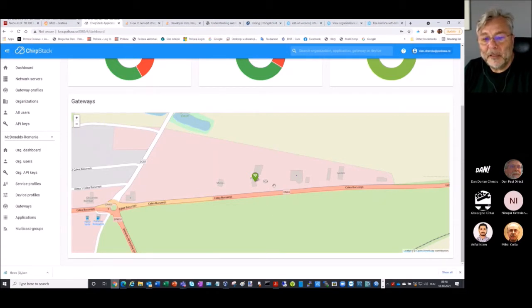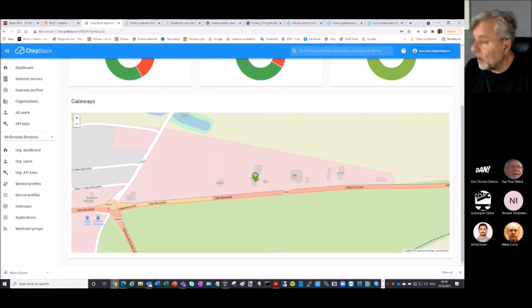So the gateway, as I said, is connecting with the sensors, which can be energy meters, temperature, and so on, and forward. Probably most of you already saw some gateways we have in our lab. These gateways are sending the data to the network server. I won't go deeper into the function of the network server, but in a few words, you should keep in mind that the